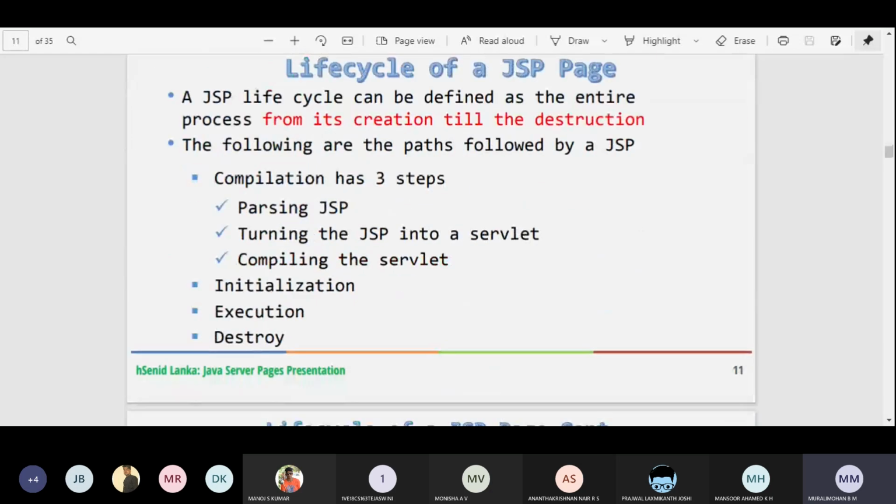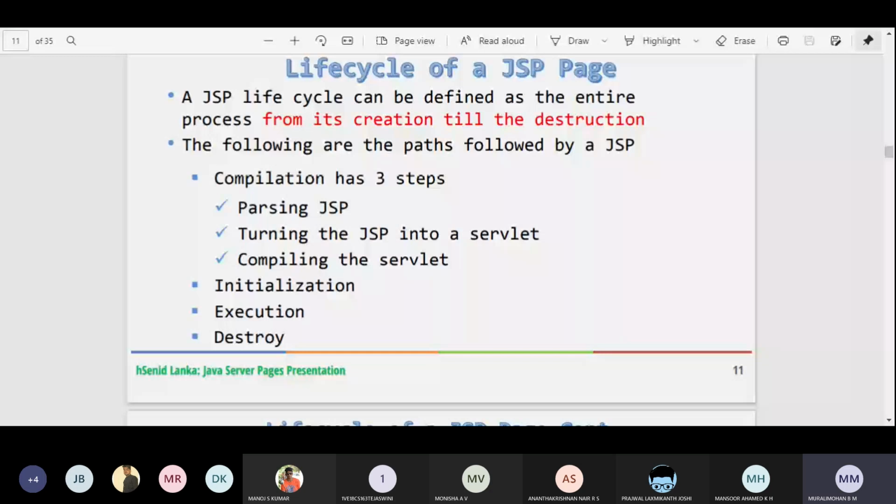Just observe the life cycle of a JSP page, right? It can be defined as the entire process from its creation till destruction. Life cycle means from the point where we have created it to the point where it has been destroyed.